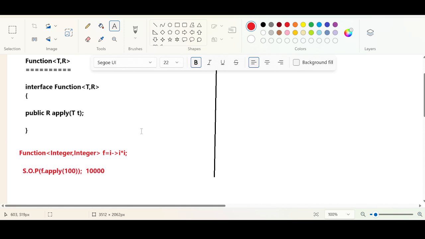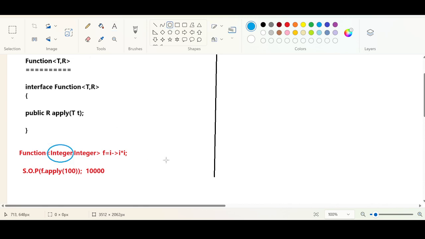So this is what Function does. And if you make some observation here, the input type is Integer and the return type is also Integer. Both are expressing the same data type. Don't you think so? Function is accepting two arguments: one argument is the input, the second argument is the return type. And when both the data types are the same, Integer,